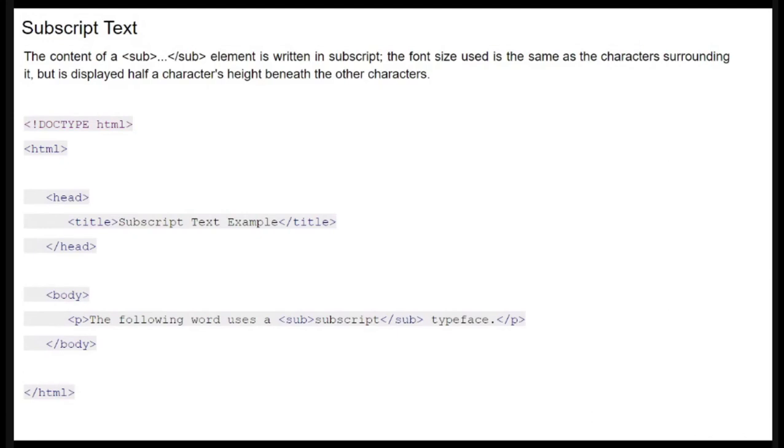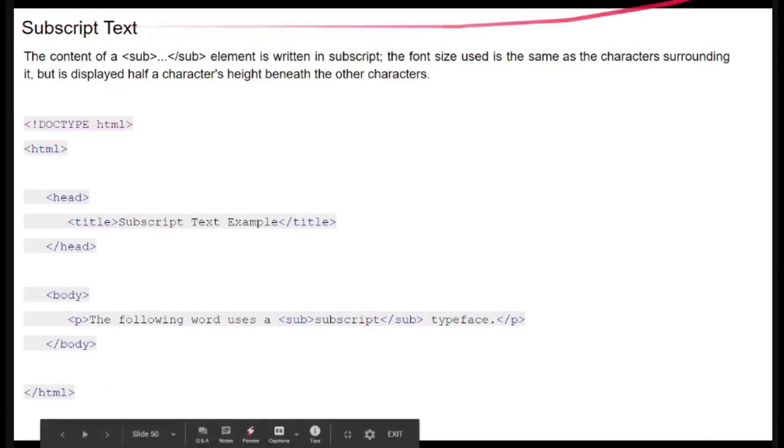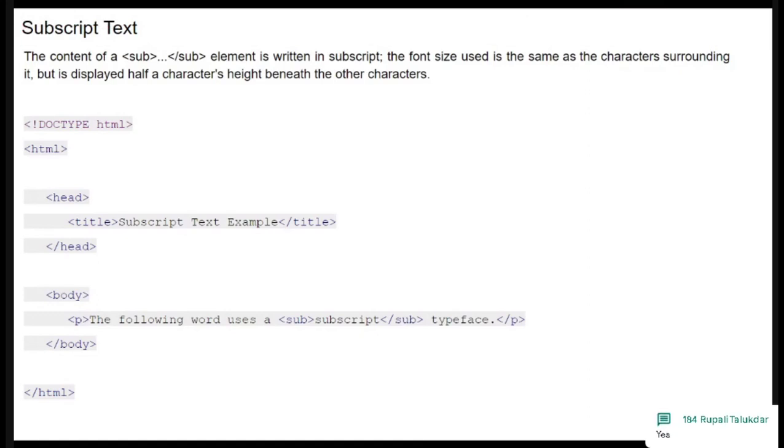Examples of subscript text: sometimes we write x with a 2 beneath, or x with n below, or in a chemical formula like C6H12O6.